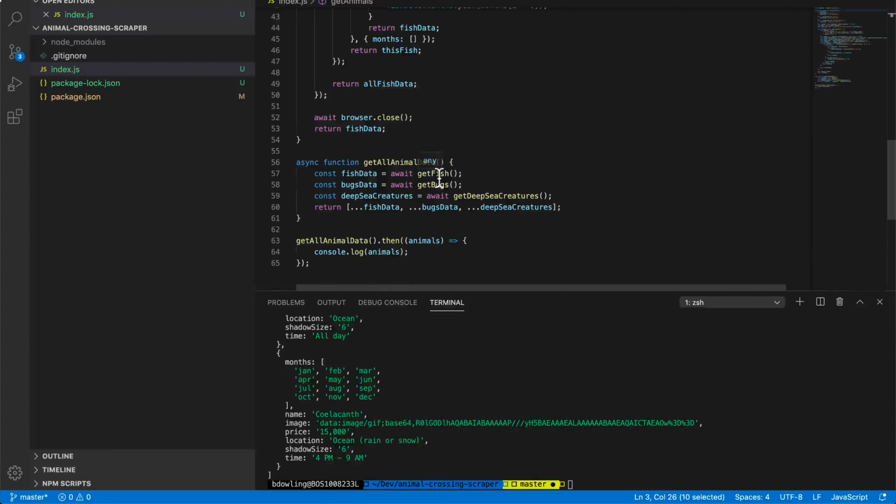Okay, and then we can change each of these calls to still be get animals. And this is going to be our fish. This is going to be our bugs. And this is going to be our deep sea creatures, if I can spell that right. Okay, now what we want to do here,